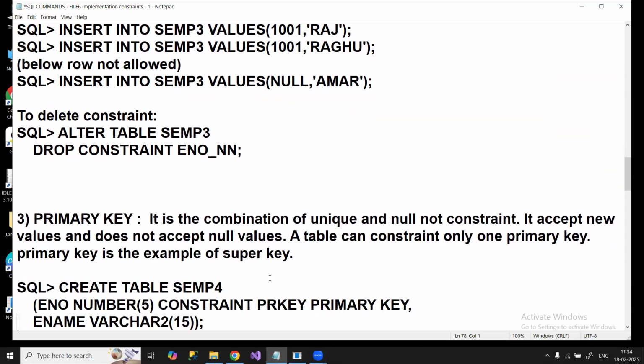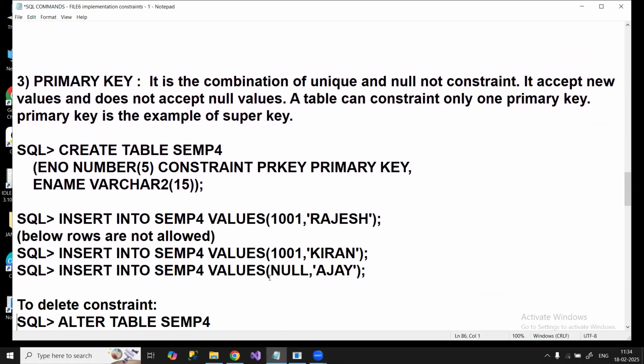The next one is primary key. In constraints, the third one is primary key. See, primary key means it is the combination of unique and not null constraint. It does not accept duplicate values and it does not accept null values. And a table can have only one primary key. And primary key is an example of